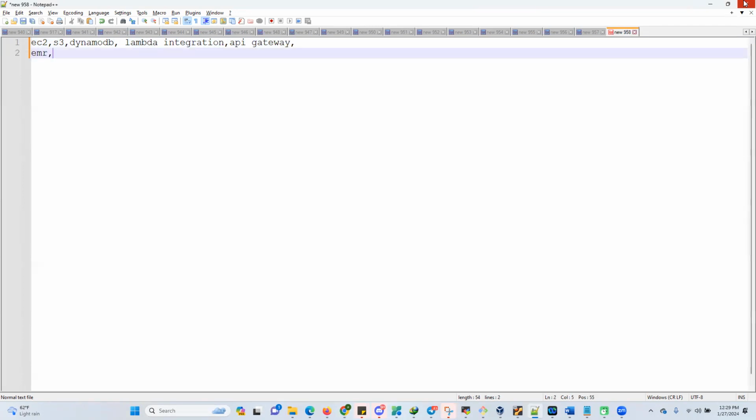So far we have seen the services EC2, S3, and DynamoDB. A little bit we saw in Lambda, right? Lambda integrations, different integrations, and API Gateway. API Gateway is a REST API endpoint. So we have to see EMR and